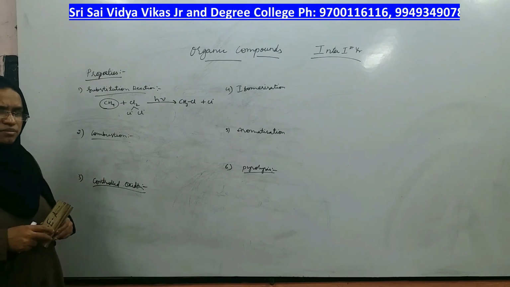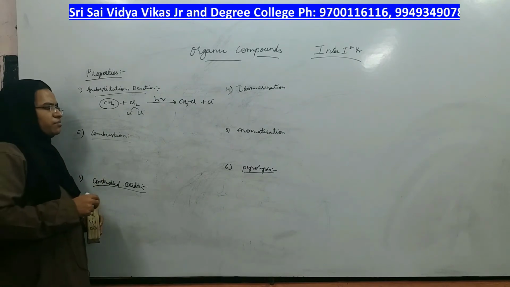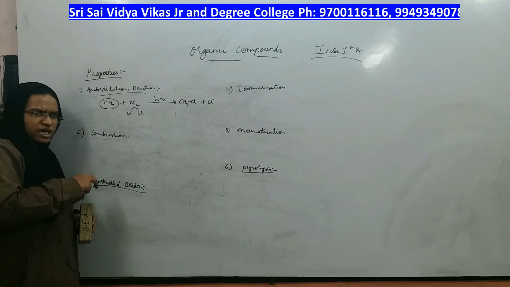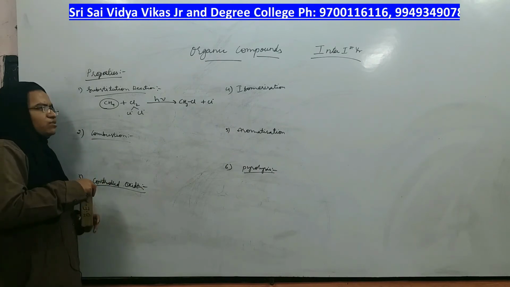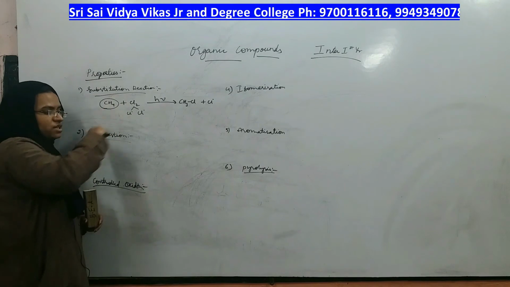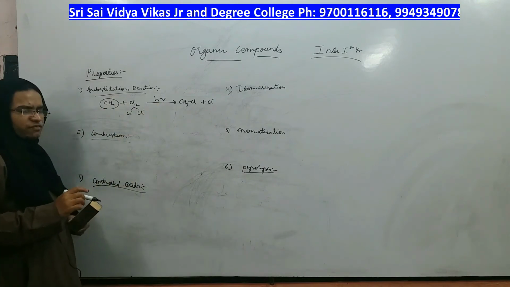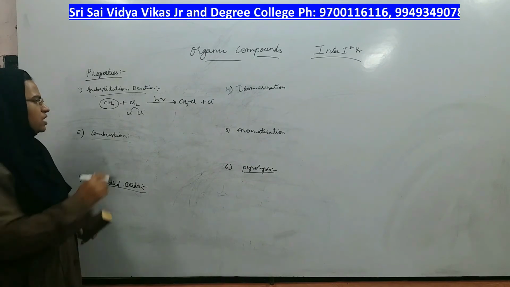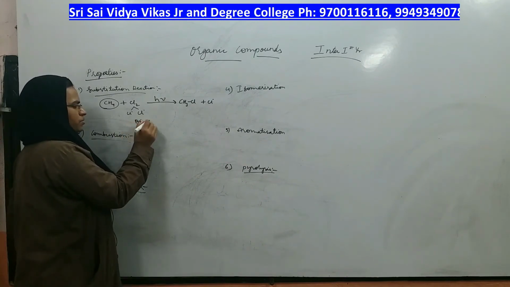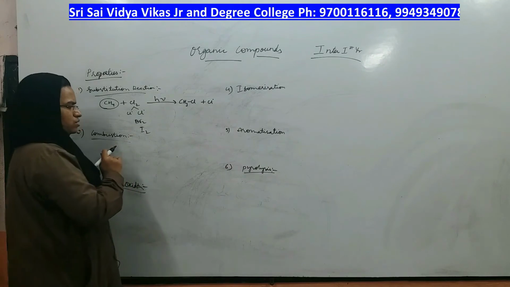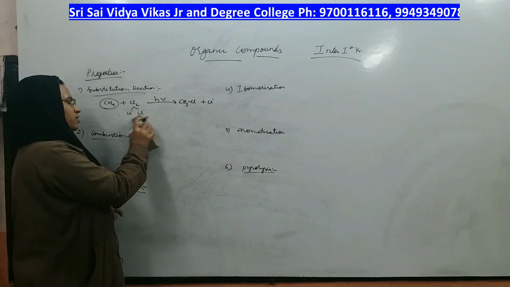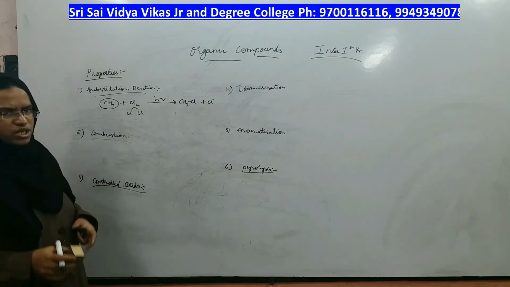Who is taking the place here? Halogen is taking the place. Therefore, halogen is getting added. Therefore, it is called halogenation of alkanes. Halogenation of alkanes takes place in the presence of sunlight. Not just chlorine, you can also add bromine gas or iodine gas also, right? But the more preferred halogen is chlorine, right?